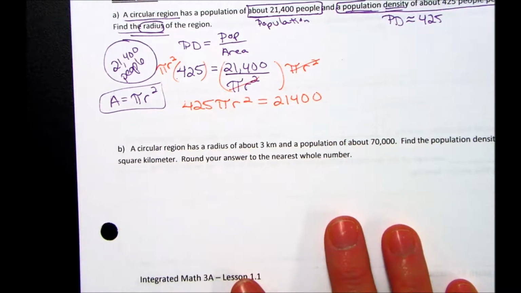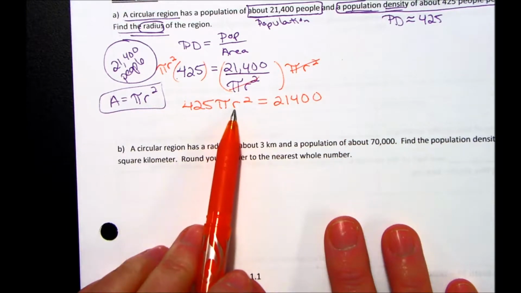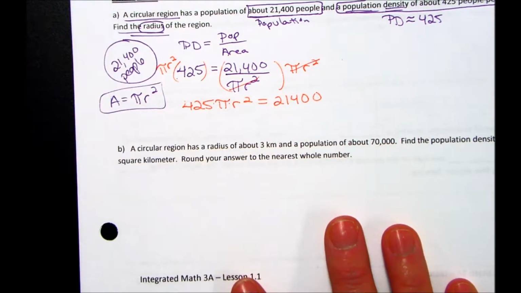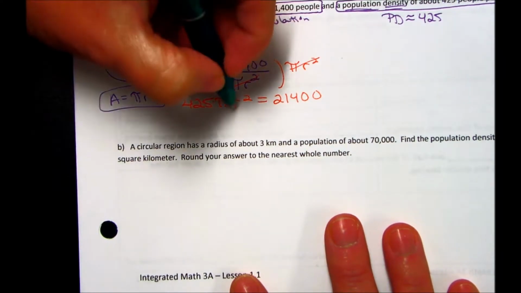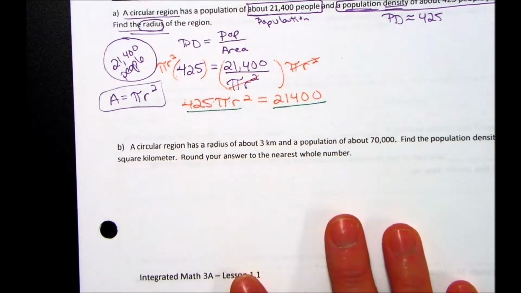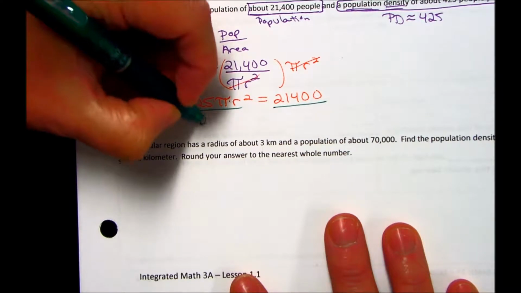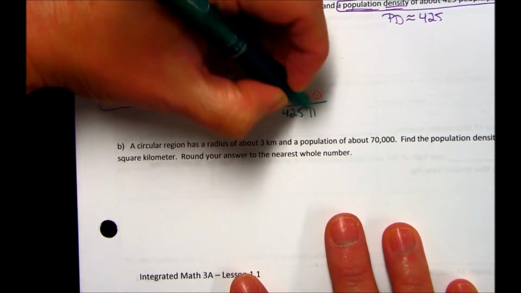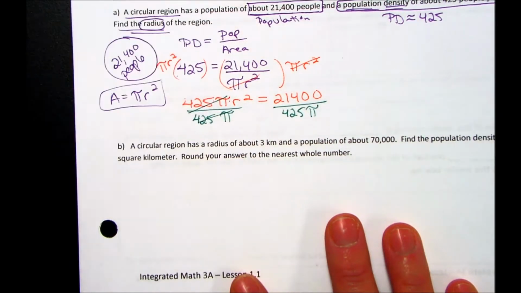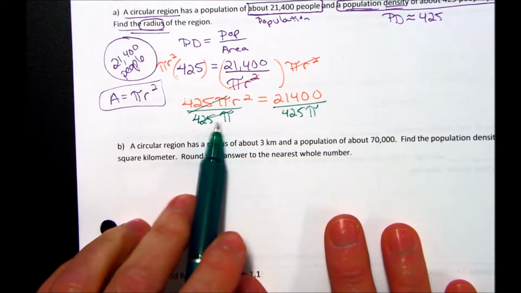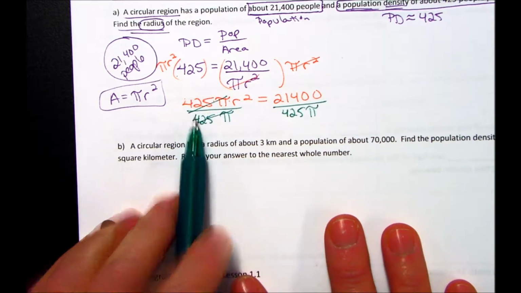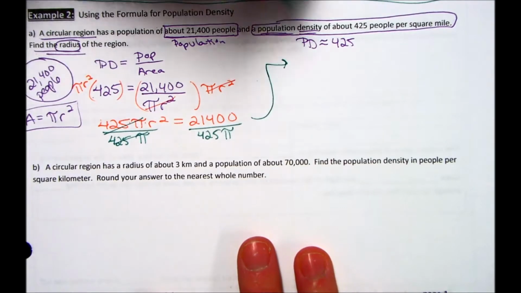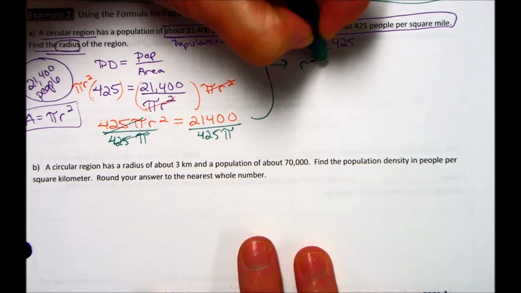Okay, so what do we do now? Well, still trying to get r by itself. Well, r is being multiplied by this 425 and this pi. So if I divide both sides now by both the 425 and the pi, that will eliminate the 425 pi, or reduce the left side. Okay, I'm going to use my space over here, rewrite my new equation. R squared equals